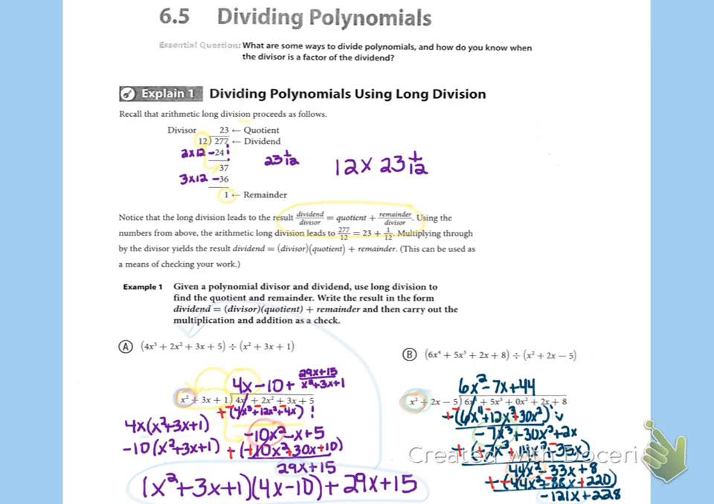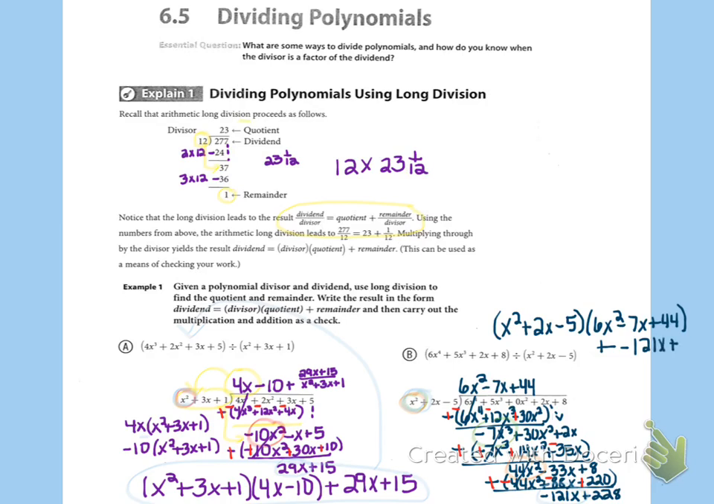So my answer is going to be the product of the divisor, I guess it is, and that would be the x squared plus 2x minus 5, and then times my quotient, which is 6x squared. I'm going to run out of space here. I think I'll write it up above the problem. So again, the original divisor times the quotient, which is 6x squared minus 7x plus 44, and then plus the remainder, which is the negative